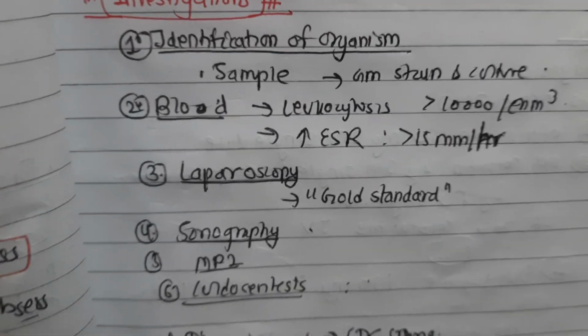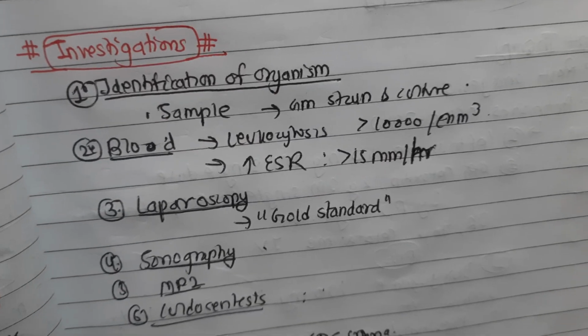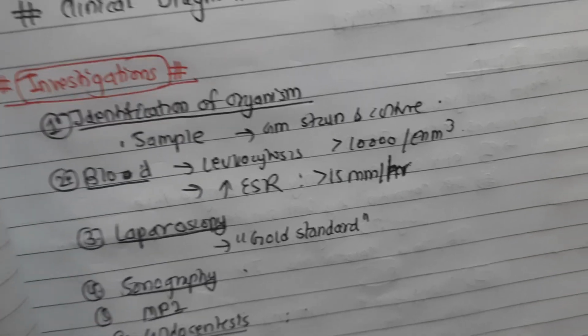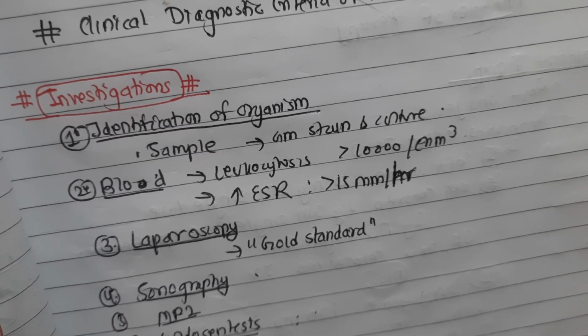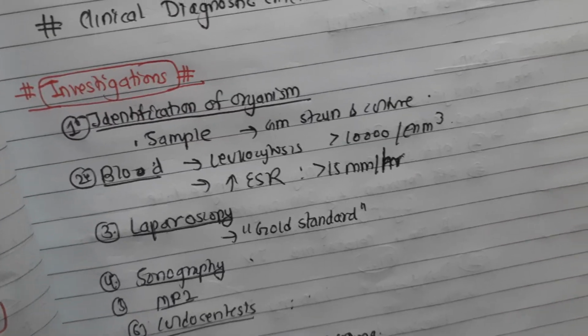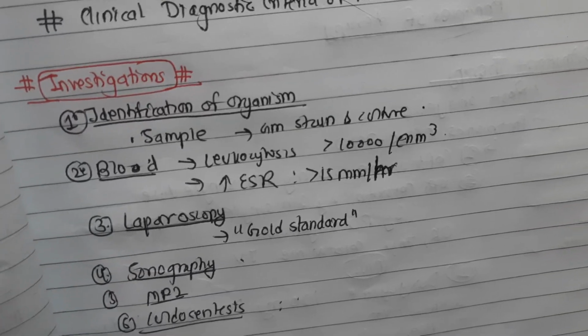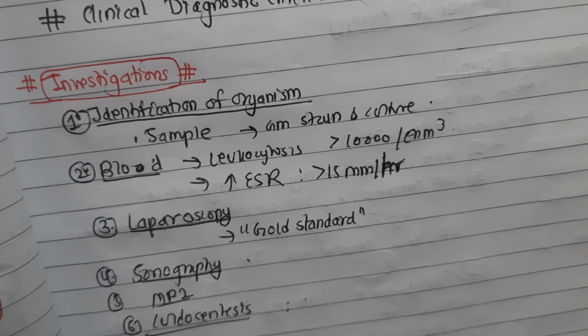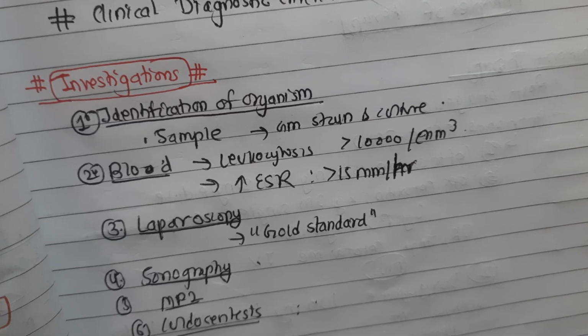In laparoscopic findings, in mild infection, we get tube edema and erythema. In moderate infection, there may be gross purulent discharge. In severe infection, there may be pyosalpinx or an abscess may form. So that was about